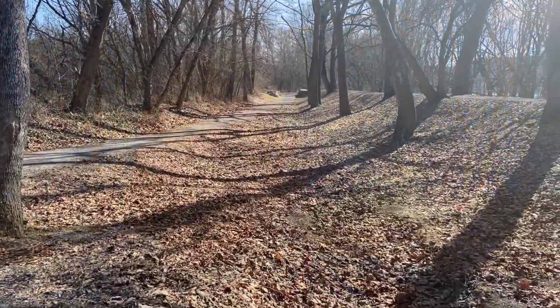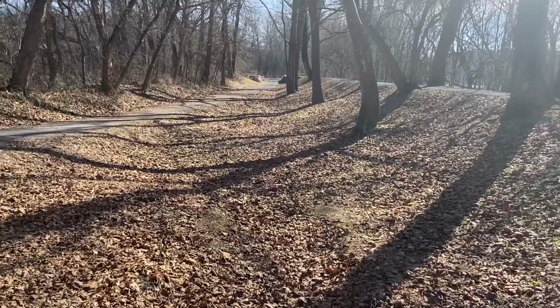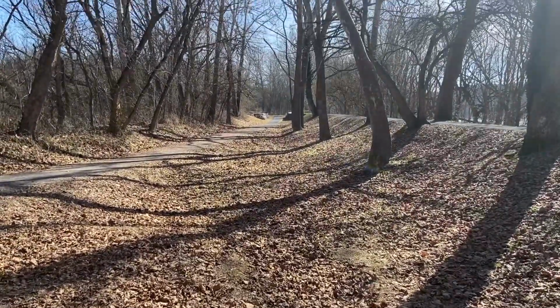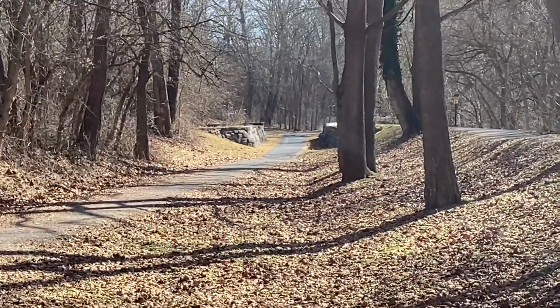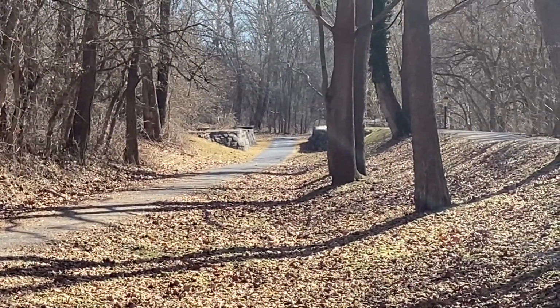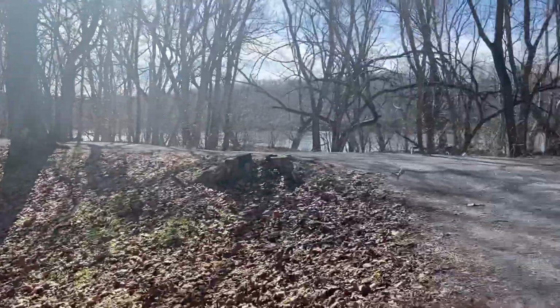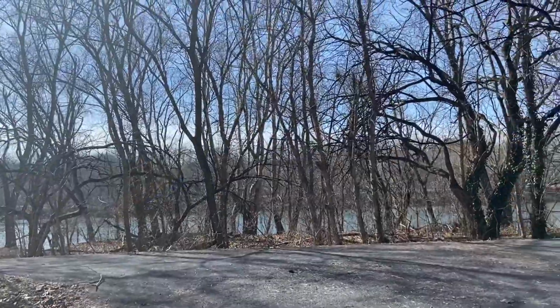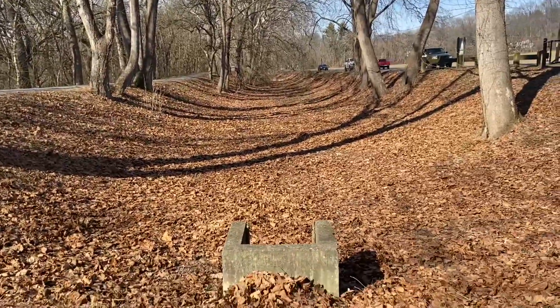All right, so we're standing where the canal was, right? So this indentation, and right up there, that stone, I'm pretty sure is one of the locks that they used to have in the canal. So let's swing back around this way. You can see the Potomac River. Now you can see the canal. This is the canal,